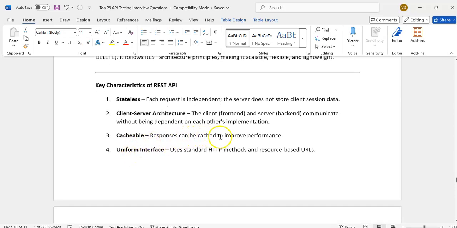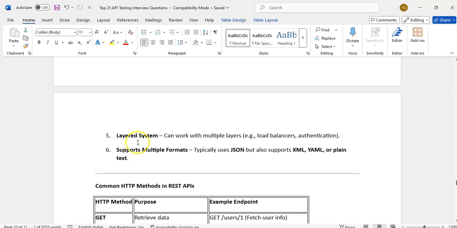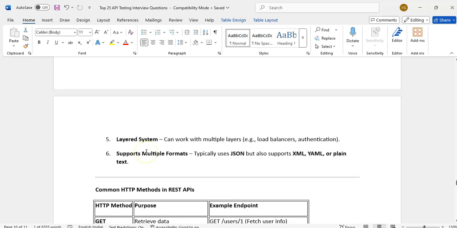Cacheable: responses can be cached to improve performance. Uniform interface: uses standard HTTP methods. Resource-based URLs. Layered system: can work with multiple layers. It supports multiple formats: JSON, XML, YAML, or plain text.